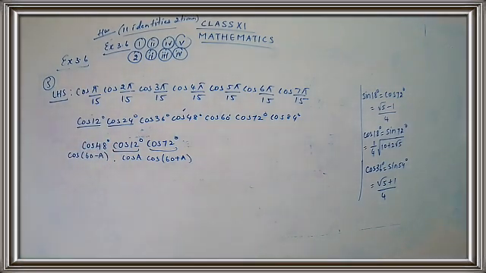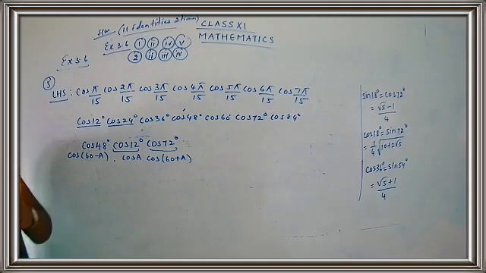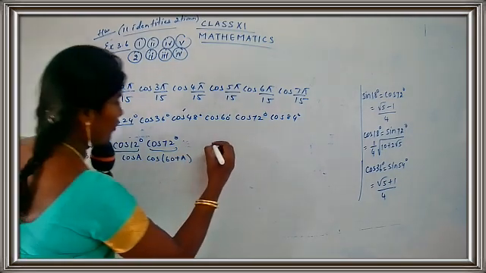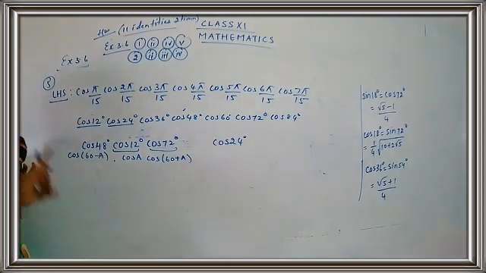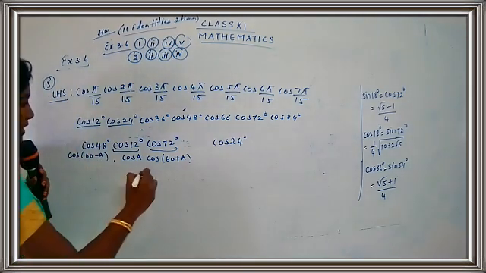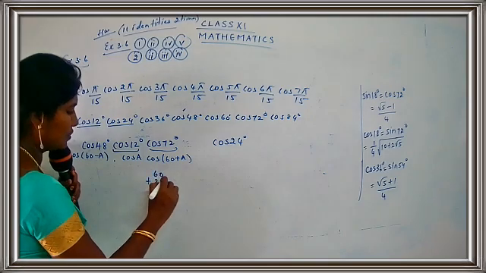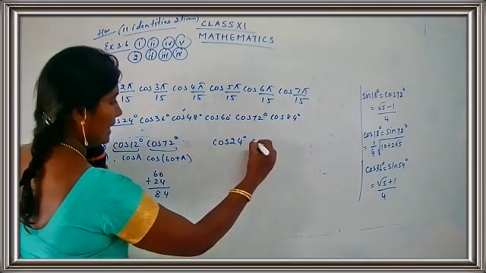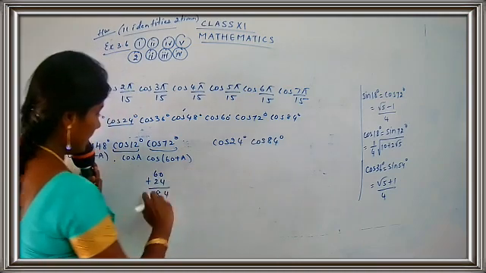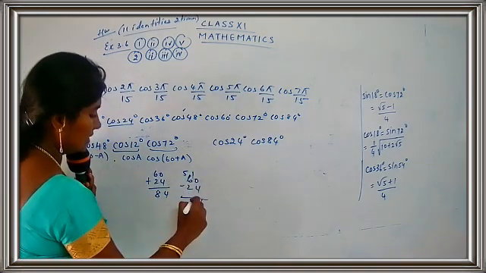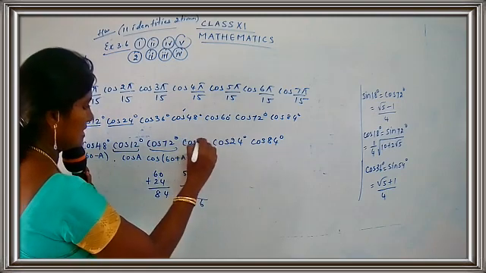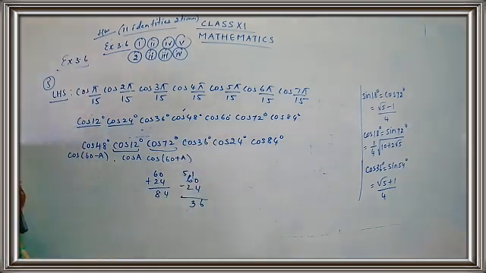Now I am going to take the second set. What is the second set I am going to choose here? Already I have told you, I am going to choose 24. So I'll write 24 in the middle here. Okay, done. Now I'm going to choose 60 minus A and 60 plus A. Let me take 60 plus A first. 60 plus 24, 84. I get here cos of 84 degree. Now I want 60 minus 24, that is 36. Okay, cos 36.